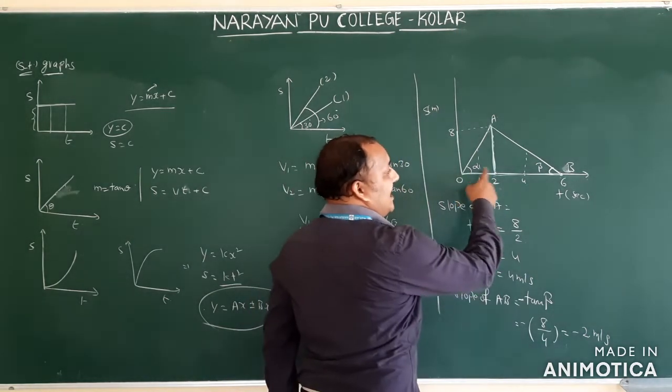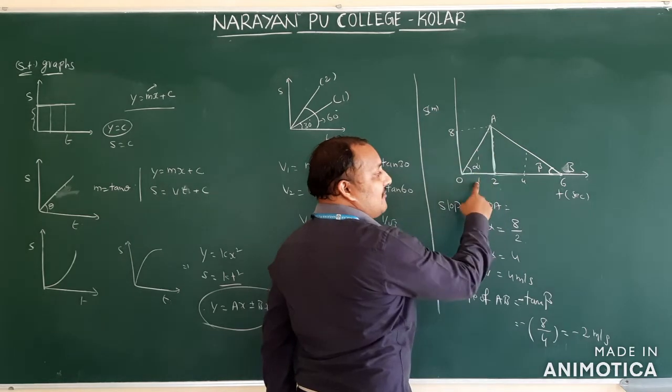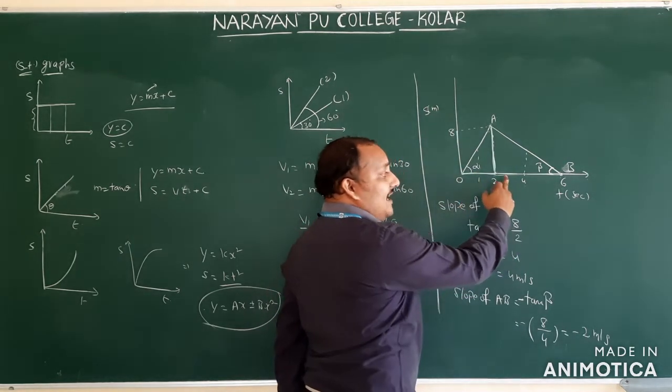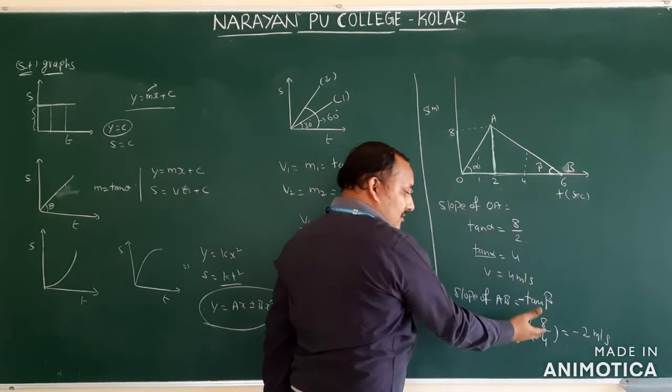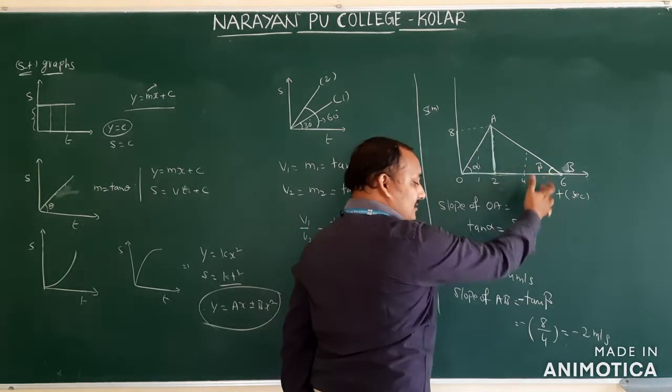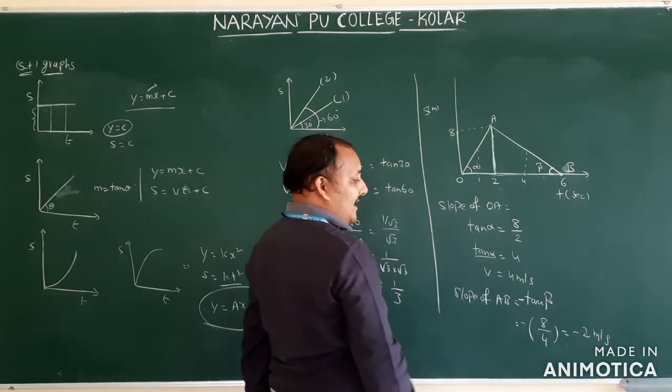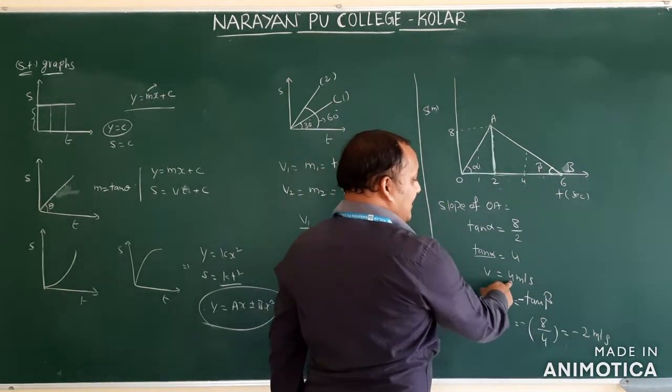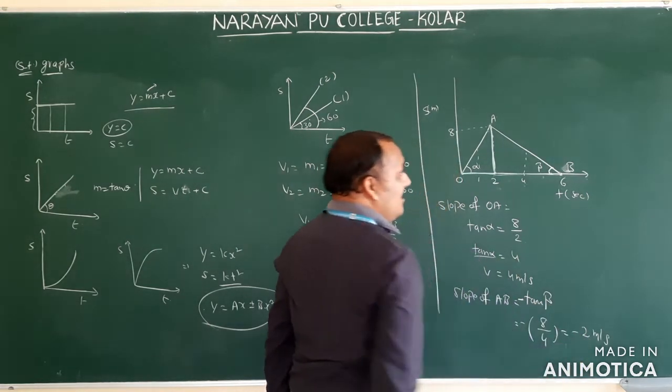This minus 2 is giving that displacement is going to decrease. Okay. Now you got tan alpha and tan beta. That is nothing but velocity at 1 second and velocity at 4 seconds. If they ask velocity at 3 seconds, you should do like this. Velocity at 5 seconds, you should do like this. Now this is velocity at 1 second, and this is velocity at 4 seconds.